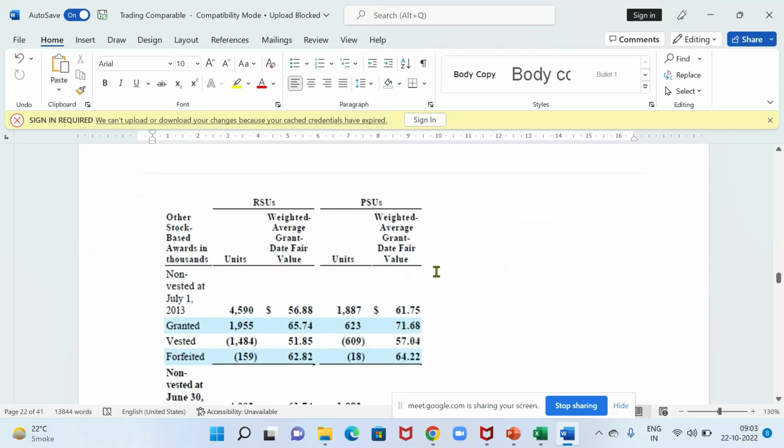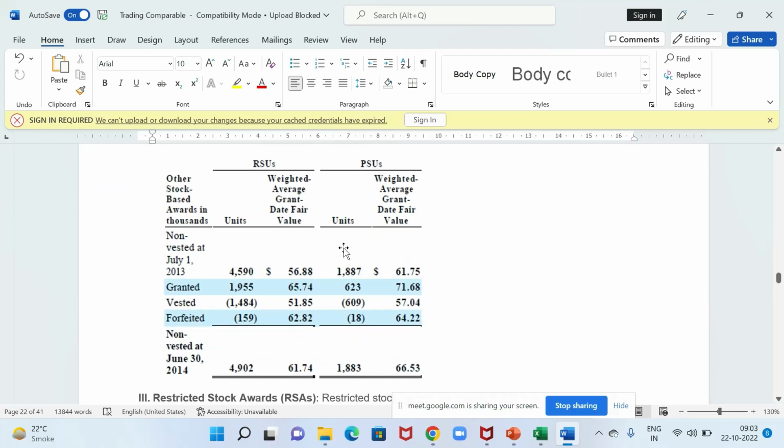Now, this is an example I have saved for you, just to showcase how the company presents that. Either it could be together in a single table, or broken down into one table for RSU and one table for PSU. So here it's the weighted average grant date fair value. It is the fair value at that day when it was issued. That would be recorded as an expense under cash flow as a non-cash item. It will also be charged to your income statement. It is an expense like your salary, right?